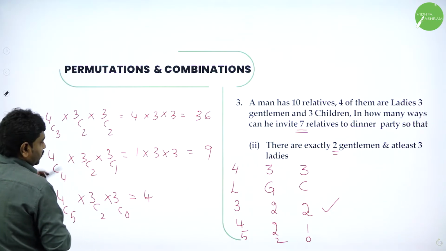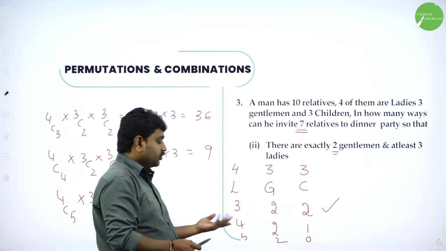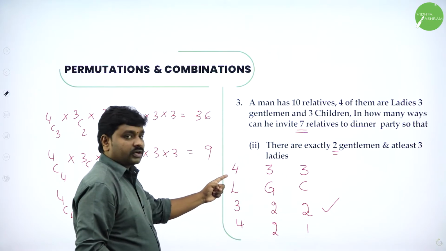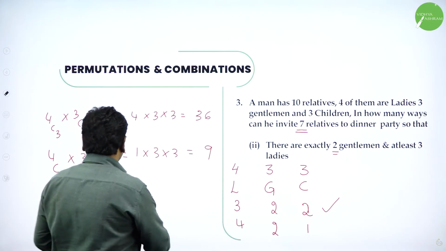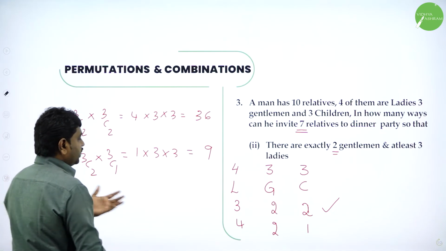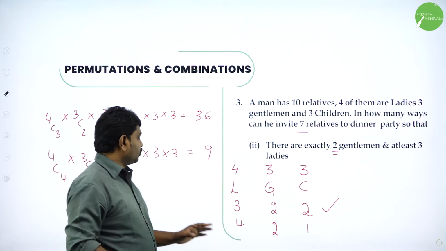Is this possible? Can I invite 5 ladies out of 4 ladies? We have only 4 ladies, so we cannot. I hope all of you understood. We had only 4. From 4 I can't invite 5, so only 2 cases. The third case is not possible because we have only 4 ladies. From where can I get 5 ladies? Only 4 ladies are there. Maximum I can invite all 4. That's it. So 2 possibilities.